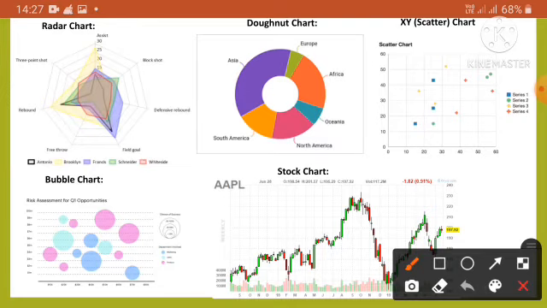Next one is the doughnut chart. A doughnut chart, similar to the pie chart, is used to show the relationship of parts to a whole. However, unlike a pie chart, this chart contains more than one data series. Next one is the XY scatter chart.